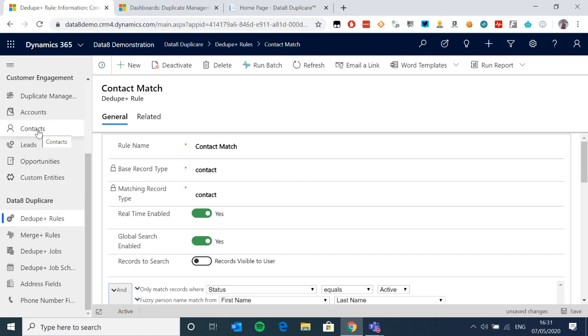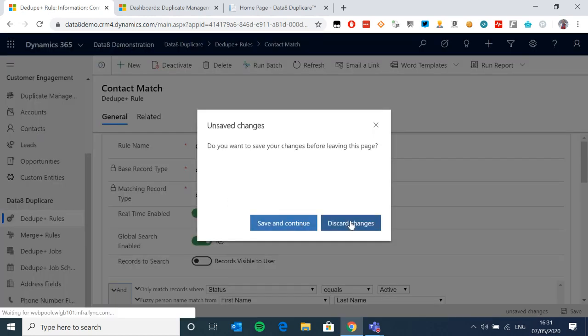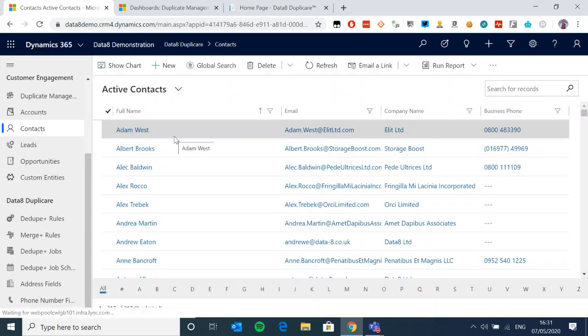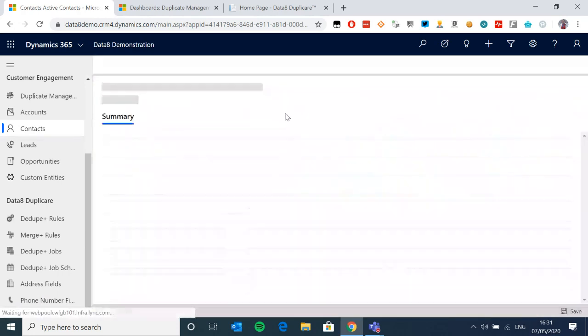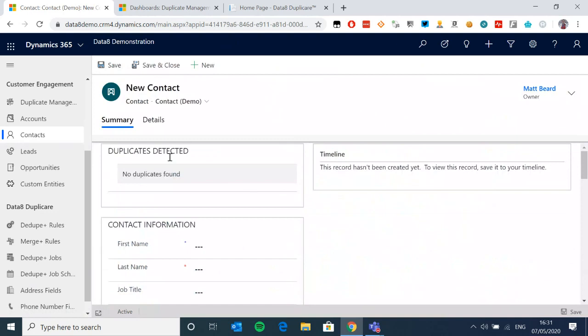So now I've got that rule set up. What I do is I go into my contacts, and I go to make a new contact. And the other thing you're about to see here, this is our second new feature. This is a brand new thing. This is probably one of the biggest things we just launched, which is a new PCF control on the form. So for those listening that are on premise, I apologize and feel your pain.